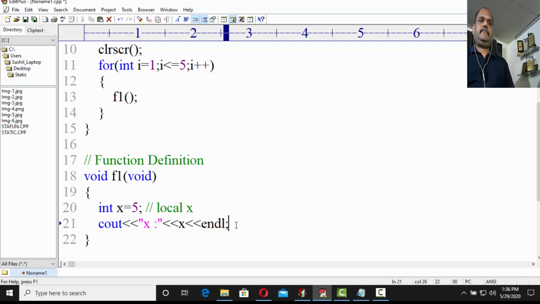Now this will print 5 for 5 times, but if I say x plus plus after printing it, then what will happen? Again x equals 1, i equals 1, so it will give a call, x becomes 5, print 5, x plus plus now it becomes 6. But whenever you give another call to f1, as this x is local to f1, again it will get initialized to 5. Means if I run this code again I will get 5 times 5, because that updated value of x will not carry on,